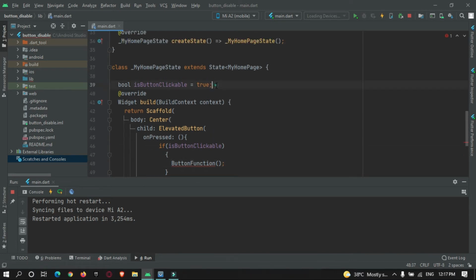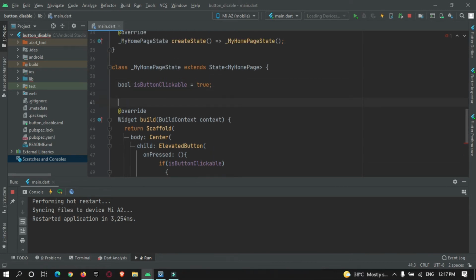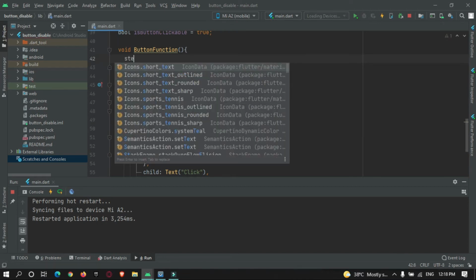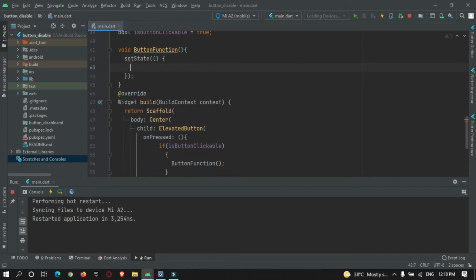So I need to create it. Over here I will create void buttonFunction. In this function, what we need to do is make use of setState, and we need to set the isButtonClickable variable to false.